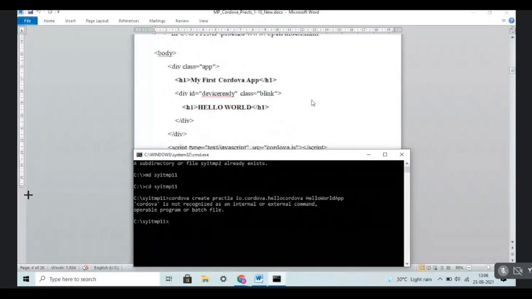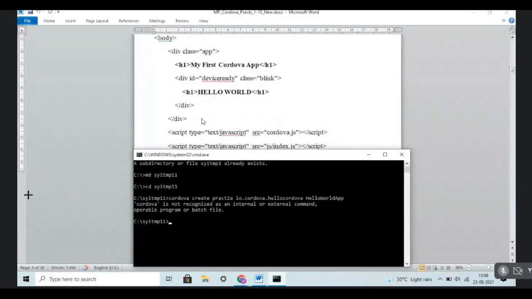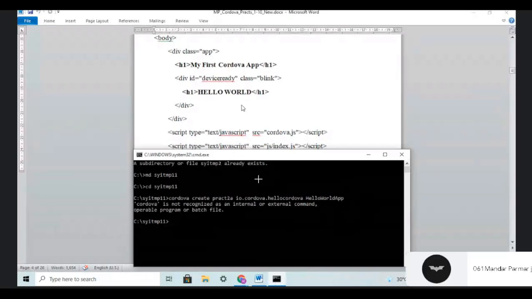By default it will display the code, but you have to add your own code. That is my first code. I give the heading in the div. For the heading, you will know the HTML language, how to write the angle brackets and so on, H1 heading: My First Code, Hello World. Okay, and just save this one.